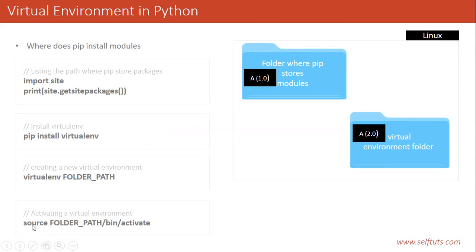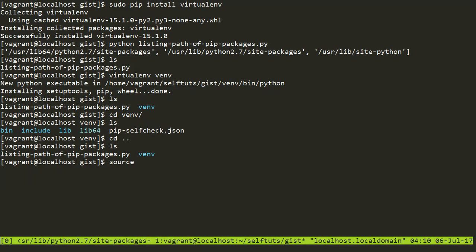So to activate the virtual environment, we need to type the command source, then the folder path, and bin and activate. This means we are activating the virtual environment. So we'll use source venv, which is the folder present there, and then we'll use bin and activate. Upon hitting this command, you can see that this venv prefix is present here, which says that the virtual